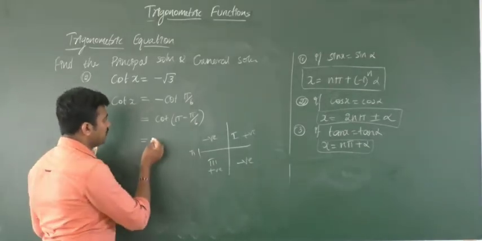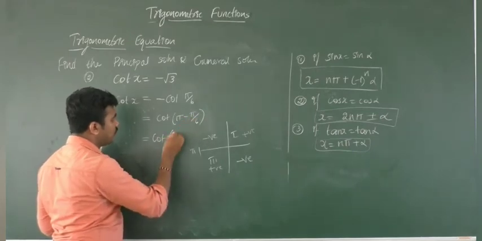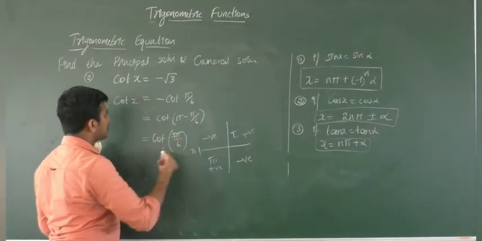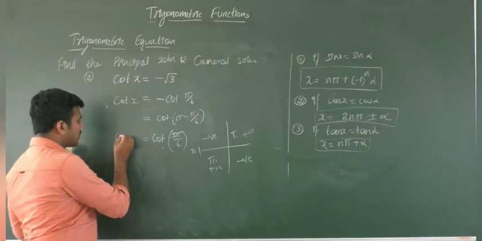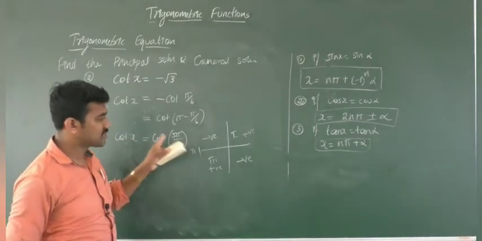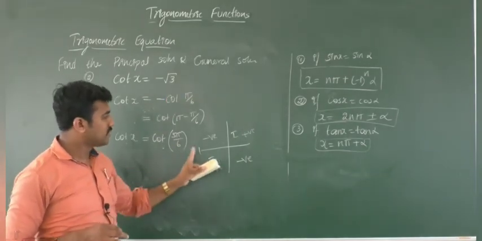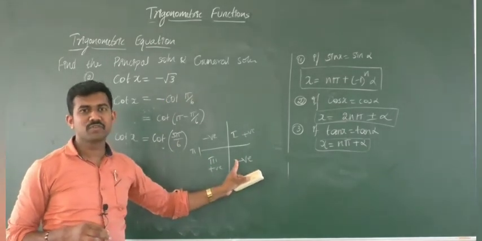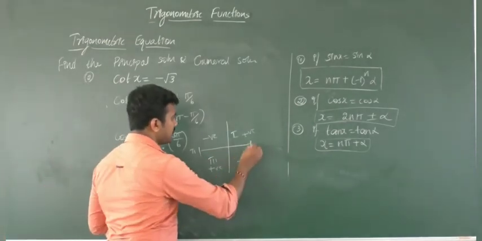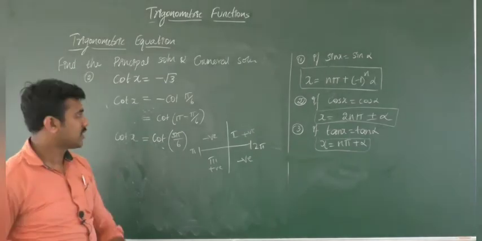Okay, so now this is nothing but cot, take the LCM here, 5 pi by 6. So cot x is equal to cot 5 pi by 6. So this is one of the principal solutions. Another principal solution I need to find. So it comes in which quadrant? Fourth quadrant. In the fourth quadrant, while writing, you have to use 2 pi minus x, okay, or theta.